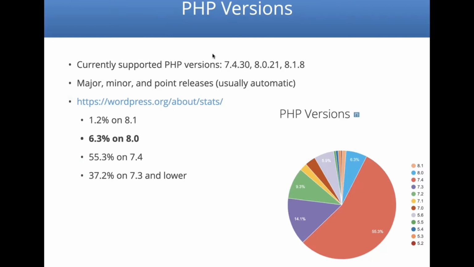So 37.2% are on 7.3 and lower. And so those are all considered insecure versions. So, I mean, if the host hasn't updated those, they're not going to update anything else ever. Probably, yeah. So I have a client whose sites I've moved almost all but one over to Kinsta, but he has a dedicated server, and